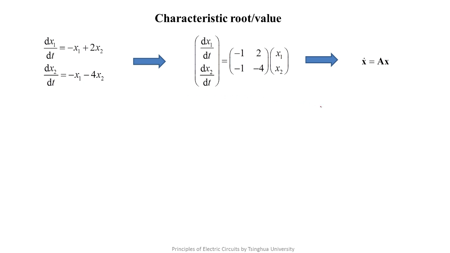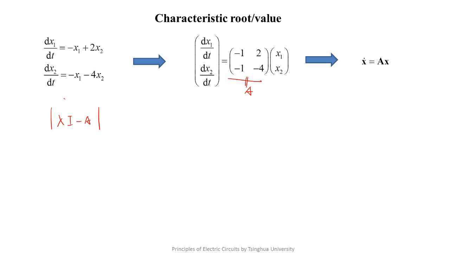The matrix A describes the basic character of x1 and x2. So how to get the basic character of x1 and x2's change? We need to solve its characteristic equation and characteristic root. The characteristic equation of a square matrix is such a determinant,